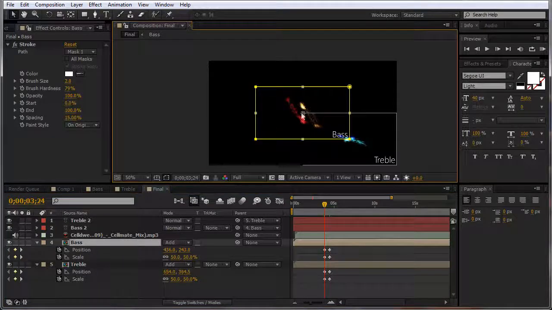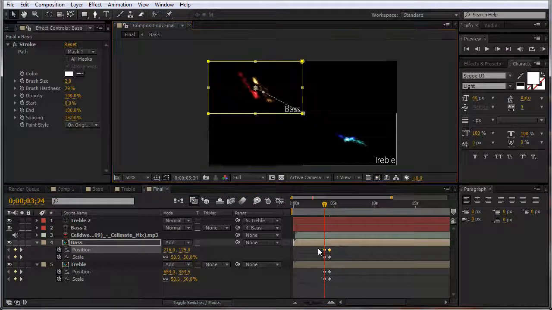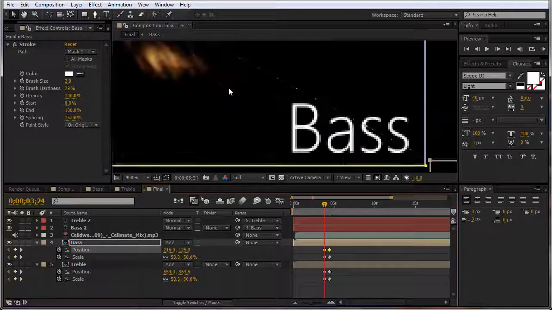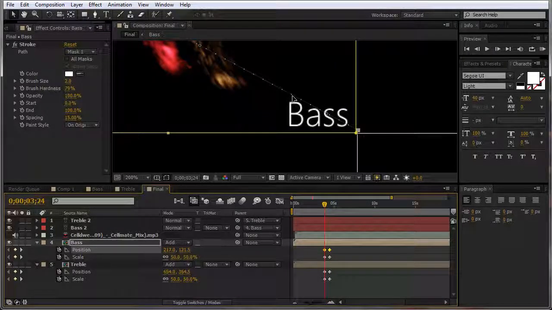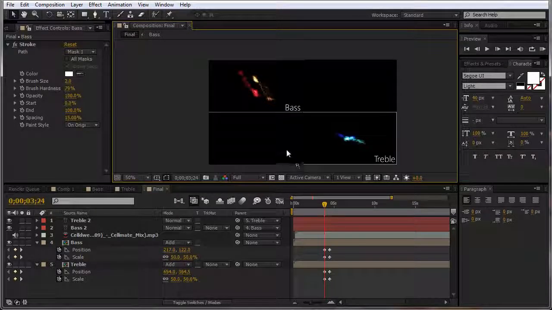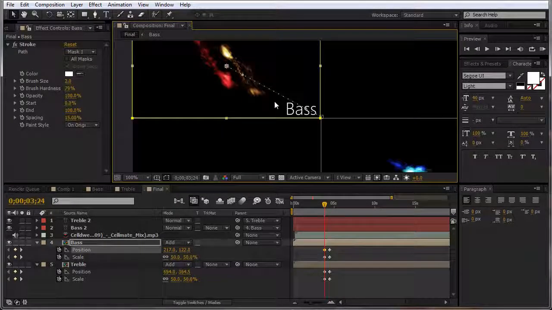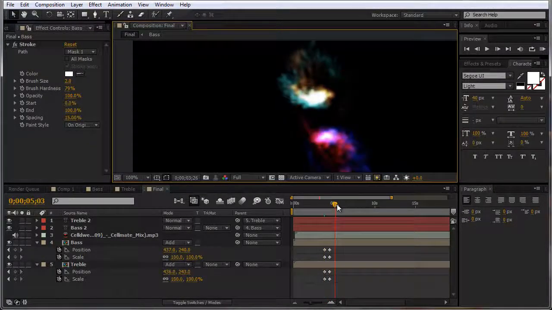We have to reposition it again. Just make sure your keyframes are not both selected. But you get the general idea. Right, that looks pretty good. They